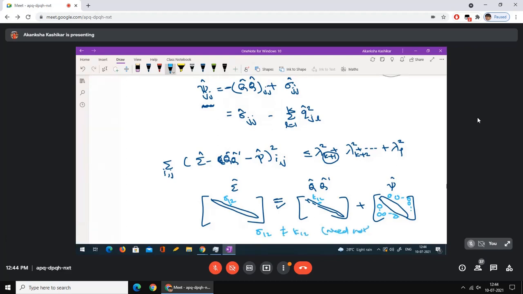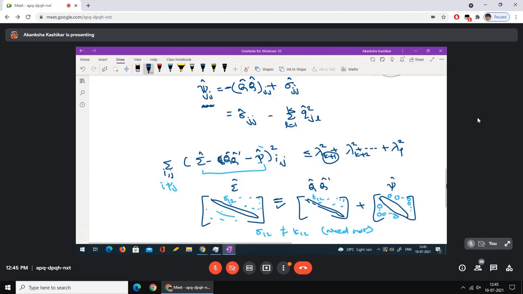By coincidence, in some cases it might turn out to be more or less equal, but in many cases they won't be exactly equal. So there will be some error involved. That error is actually this error in ijth term. Ideally I could also ignore this if I write i not equal to j, because in the error for off diagonal entries, psi is not contributing at all because psi is a diagonal matrix. So this error sigma 1, 2 minus k12, similarly you are going to have errors for all the other terms. So all these errors are there.